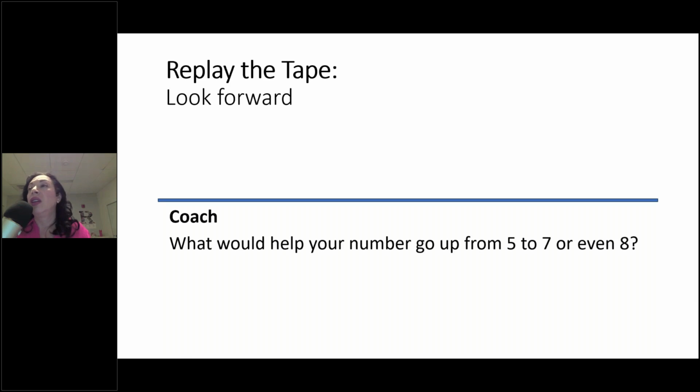Now, let's see how we can move that conversation forward by looking up the scale. After the student shares her current motivation level, the coach asks, what would help increase that number? This question is designed to get Jade thinking about what it would take to increase her motivation. By asking what would move her closer to a higher number, the coach is helping Jade start to visualize success and identify actionable steps.